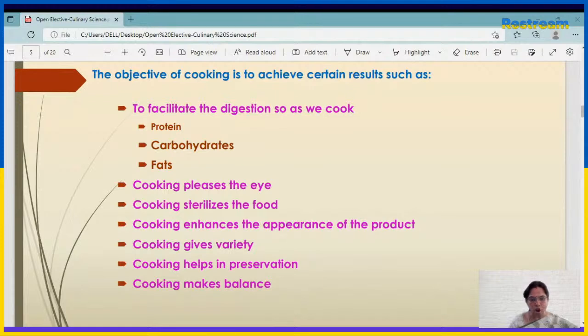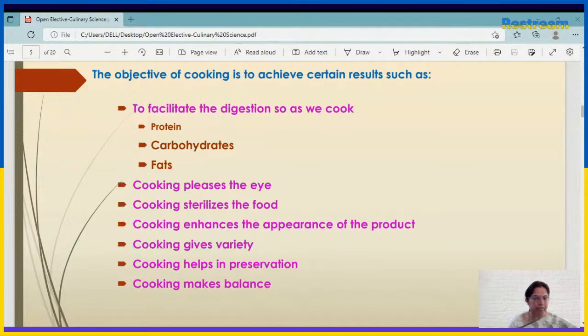Then the objectives of cooking. Why do you have to cook? To facilitate digestion, as we cook so that food can be absorbed. That is also one of the important points which we have already seen in the aims. During the cooking process, complex food breaks into simple forms. In that, the very first thing is protein. Protein of meat, egg, wheat, pulses, etc. gets coagulated when you heat it. The connective tissues are converted to gelatin, which is soluble in water.